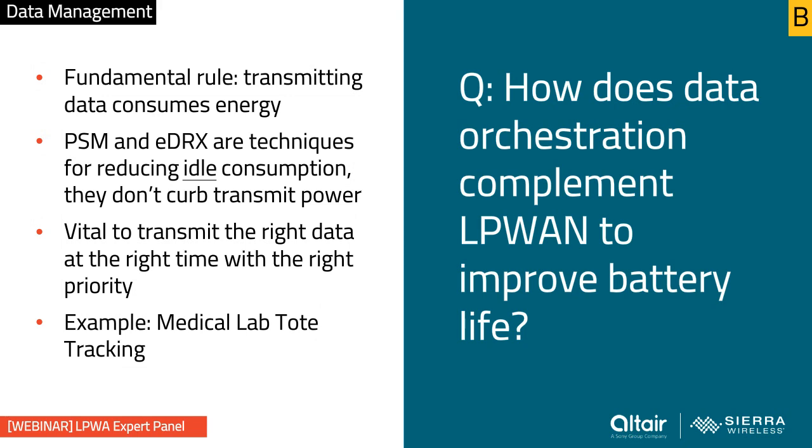So an example, a simple temperature reading or a location reading, maybe you do that once every 10 minutes or so. Maybe when you've got really poor signal strength, you can hold on to those readings and wait until you've come into better coverage. Going the other way, though, if you have a light sensor which is tracking potential tampering with these packages, clearly that's an alert. We want to send that right away. So again, the business of data orchestration is having the knowledge of the context of the data and being able to use that knowledge with the different variables to understand how you can send the right data at the right time with the right priority. So hopefully that's an illustrative example.